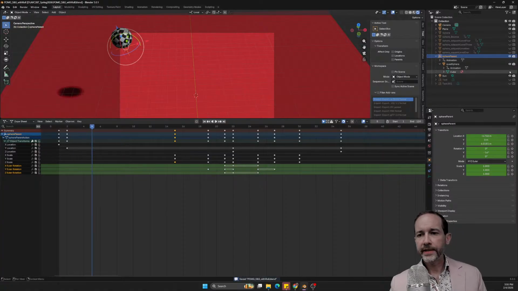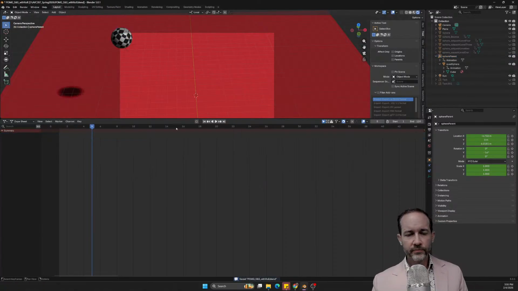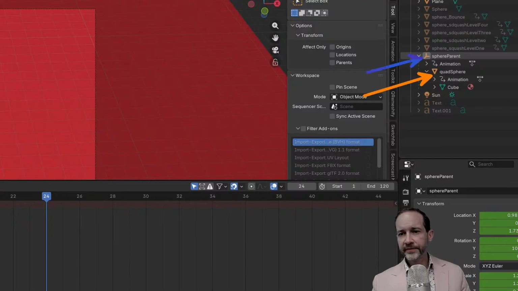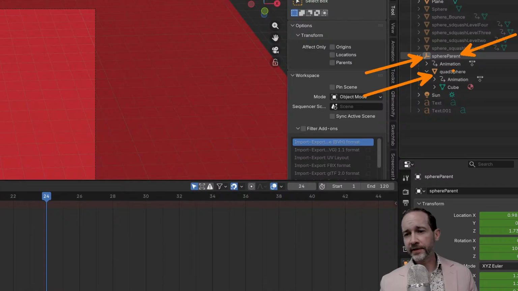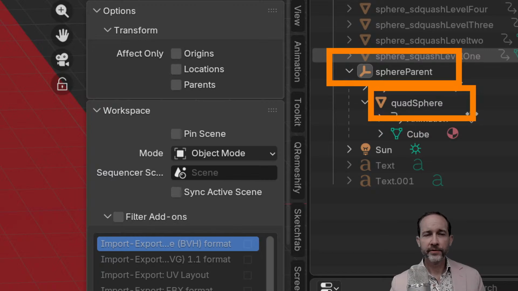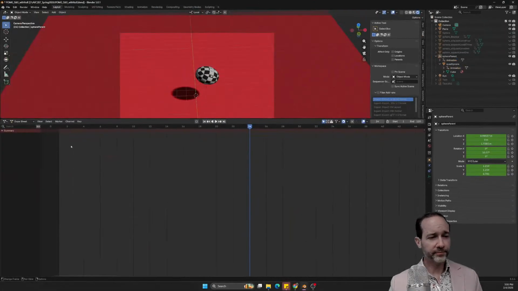Cool. And to demonstrate this even more, understanding the parent-child relationship here, we're moving this, angling it slightly, and squash and stretching. That's all happening here. The only thing happening here is the rotation of the ball, the spinning of the ball, right?